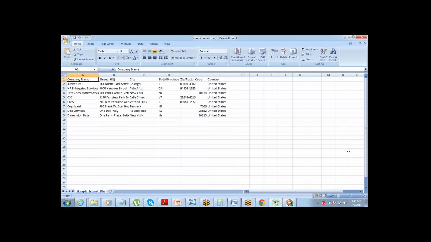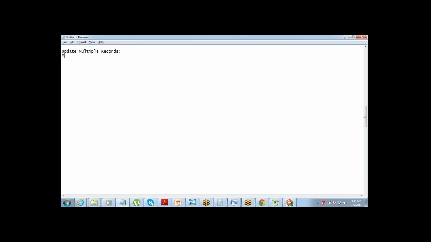All that you have to do this time, for an update, is make an Excel file with ID and the data to be updated. Here you don't need all the fields, you just need the data that needs to be updated and the ID of the records.